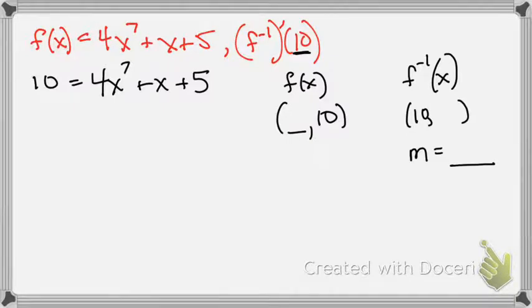Honestly, I did not intend to give you one with a power of 7, and I see I gave you 2 of them, but I'll show you what to do with this anyway, although I did not, again, intend for this to be like this. Subtract 10 on both sides. We'll set it equal to 0,